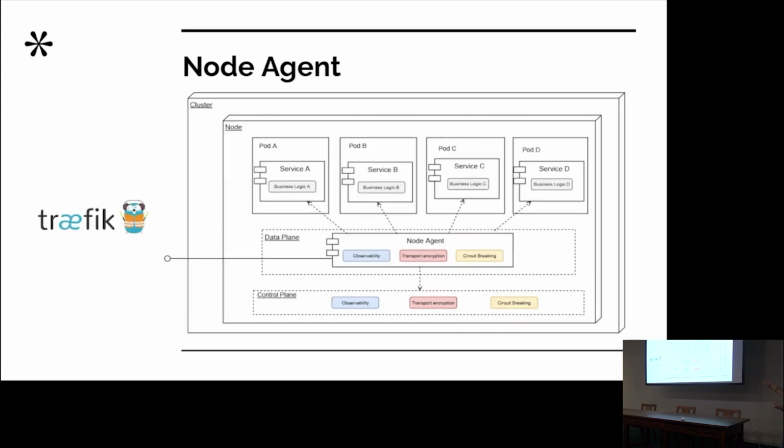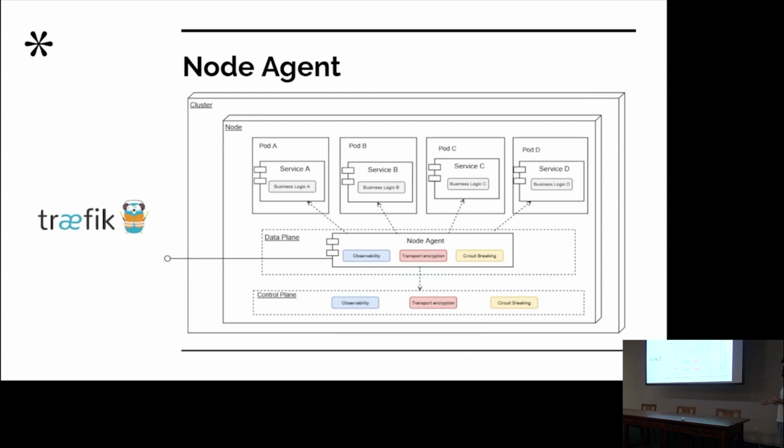The node agent is the other approach. The difference is that you only have one agent per node, per machine, and it enables your configurations for the cross-cutting concerns to also be respected, but it's one agent for the single node, right? So the same concept as sidecar, but you don't have a specific proxy for each service. The node agent acts as the proxy for the single node. So all the services inside the node need to use the configurations on the node agent. You cannot specify specific configurations for specific services.